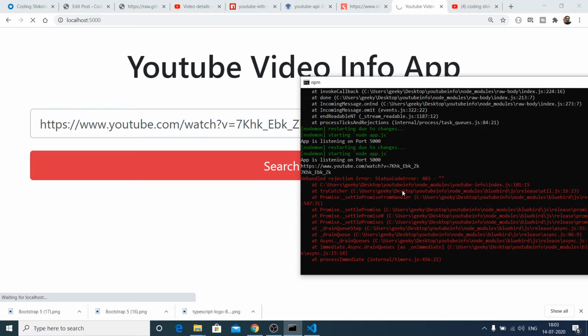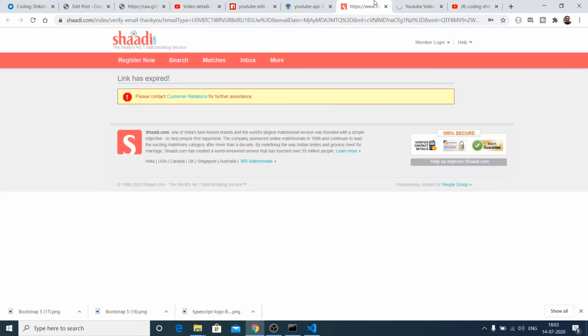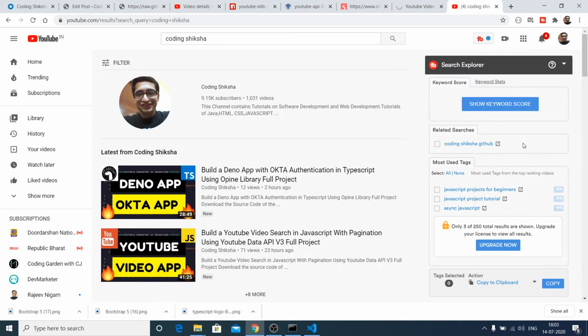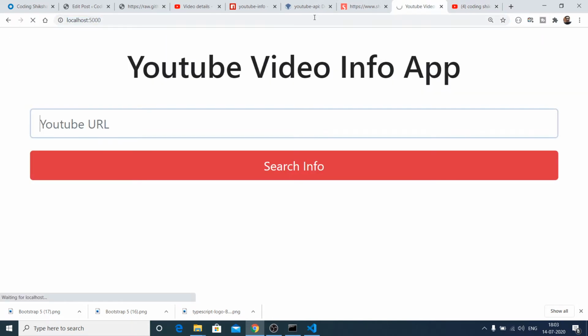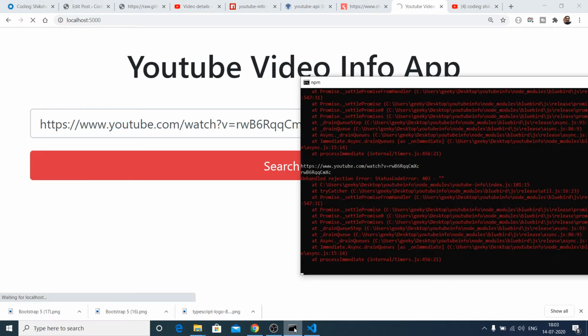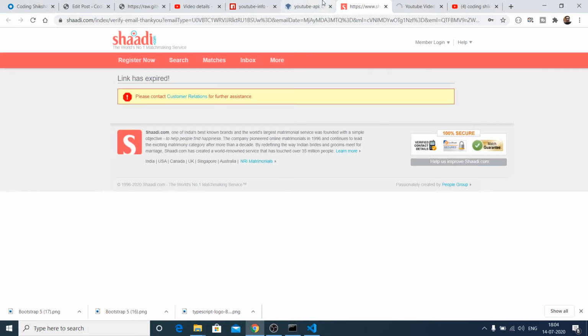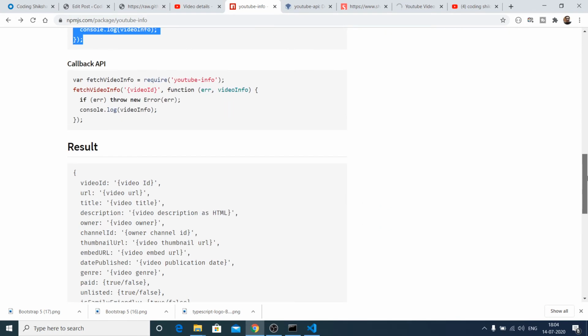status code error. Once again it is showing me this error. Why? I think it should work, but why it is not working, I don't know. You can take example, let's suppose this app or this link address. Again status code error 403. I don't know guys why this module is not working, but yesterday when I was trying it, this was working.